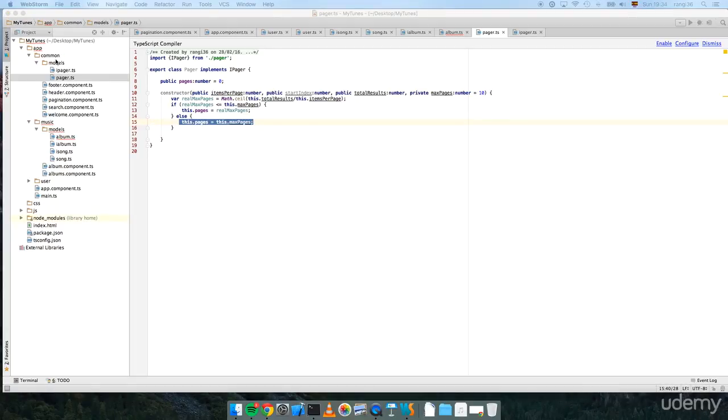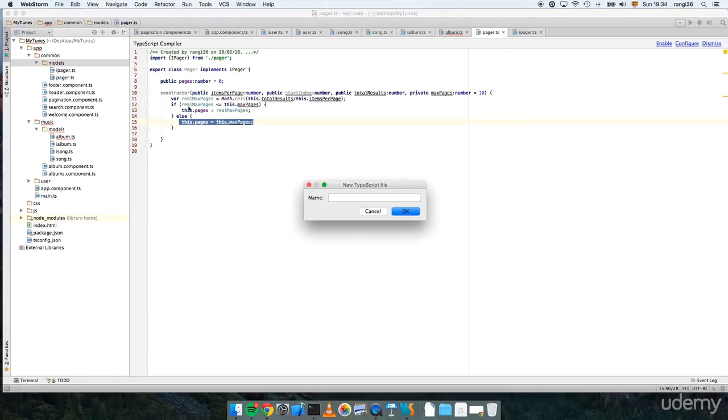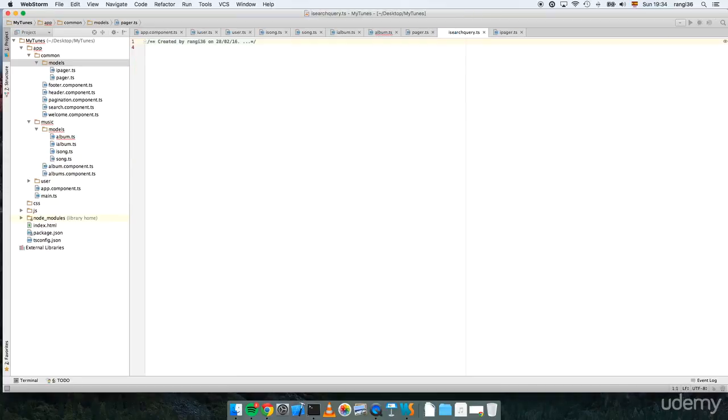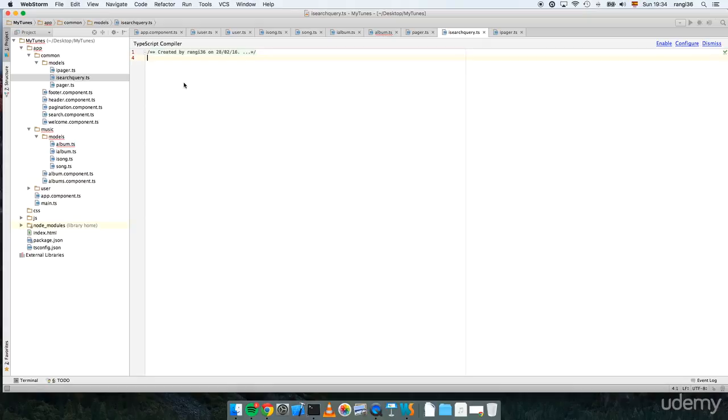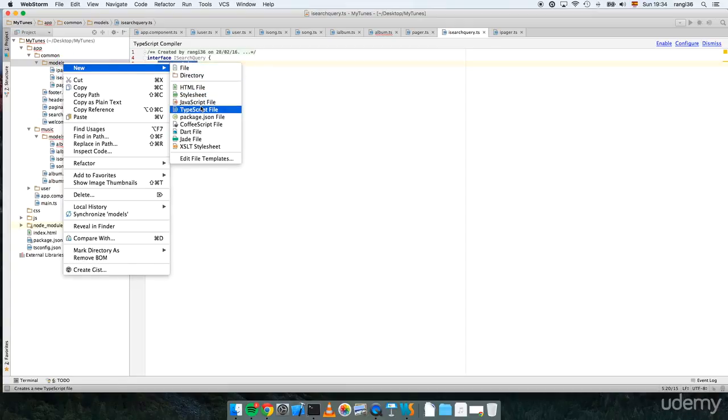We will need another interface that is going to be iSearchQuery. And this is just the interface that we have to conform to in the search component. Okay. And finally, the last one is the